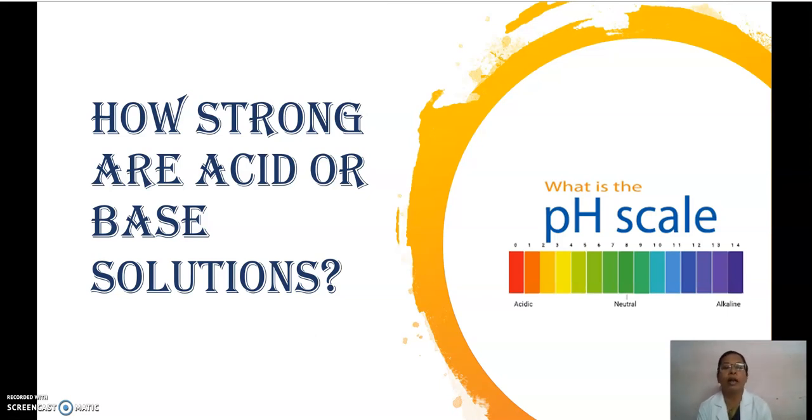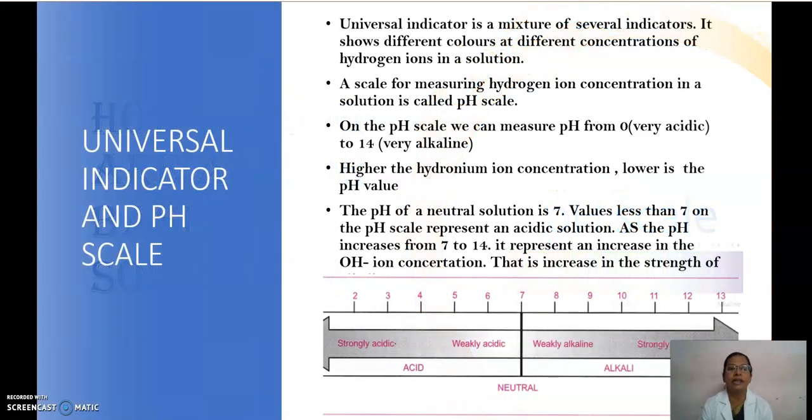But imagine you have different types of acid in our home itself. Orange contains citric acid and apple contains malic acid. And we have vinegar in our home. Suppose you want to compare which is the stronger acid. Or in our home we have baking soda, and we use sodium hydroxide solution in the lab. If you want to identify which is a strong base or which is a weak base, in such cases we use the pH scale or a universal indicator. So we are going to see how we use a universal indicator.